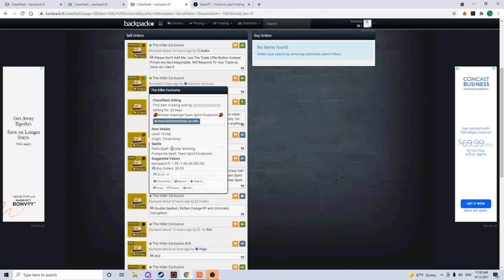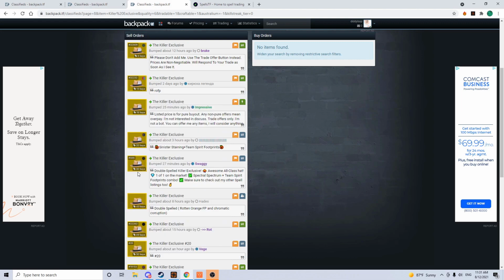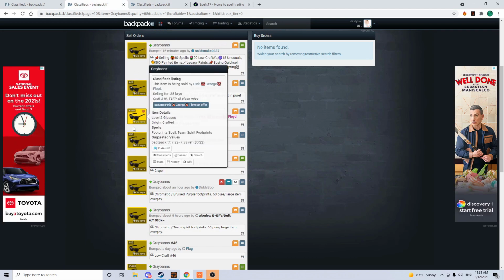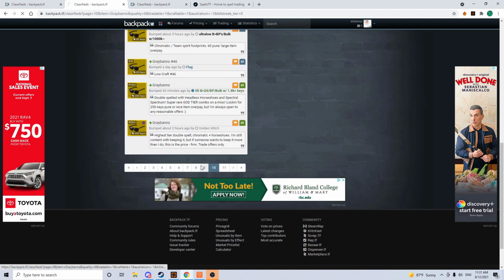And Sinister isn't the best paint spell. Mine has Chromatic and Gangrene. So I reckon I can list it for around this price right here, like 30. So maybe I can get around 22, 23 out of it. The gray bands, the cheapest double spell with color changing and footprints are probably this one at 40 keys, but